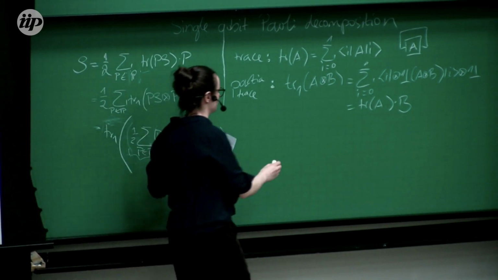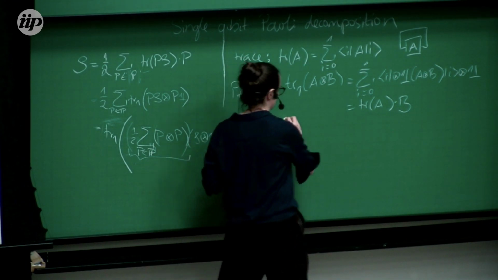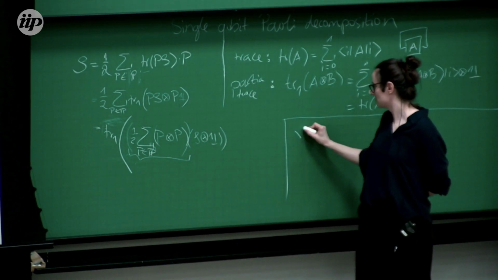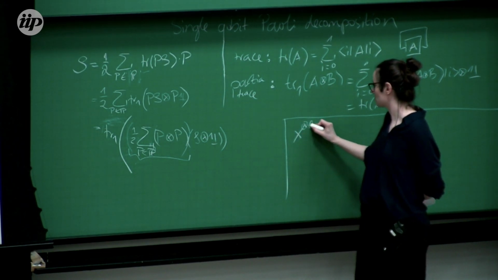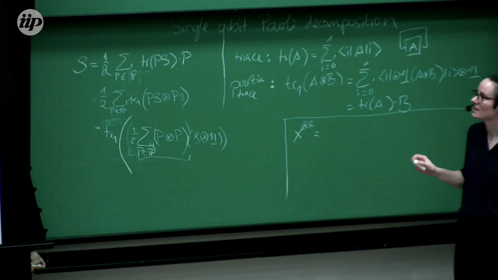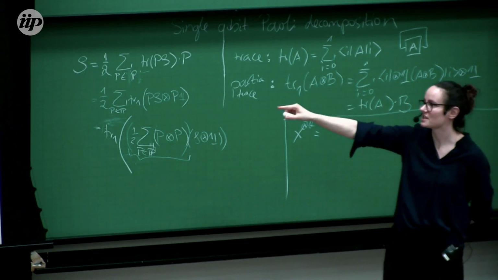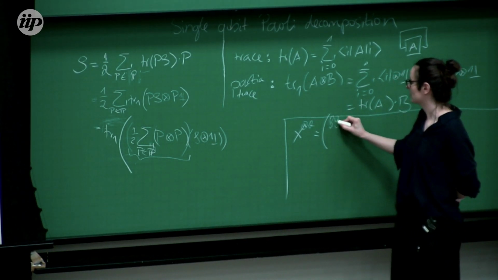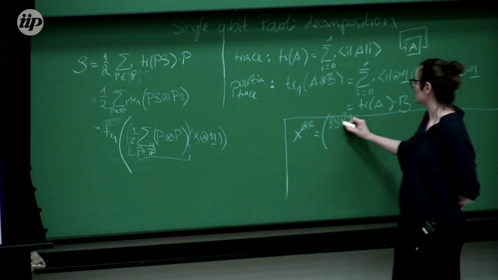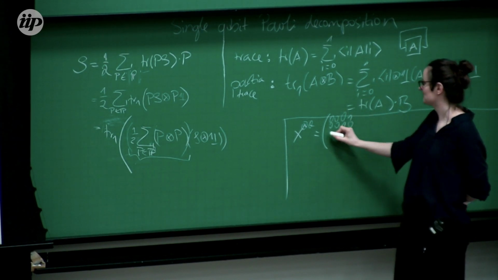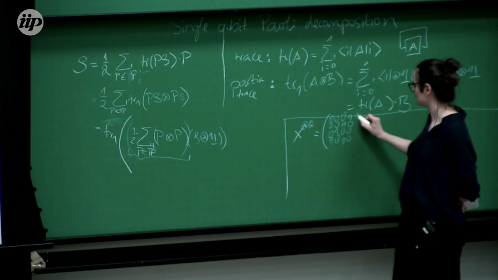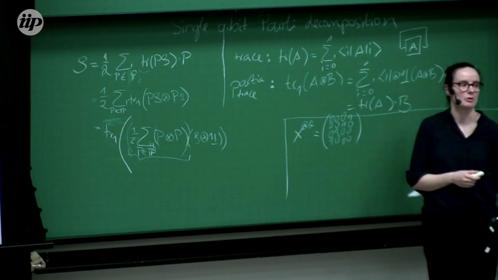So I don't have so much space. Let's see. So now you need to help me a bit. X tensored with itself, so X is 0, 1, 1, 0, is a 4x4 matrix where we have a 0 block, top left. Then we have 1, 0, 1, 1, 0, 1, 0, 1, 1, 0, and then 0 again. I hope I'm not boring you.